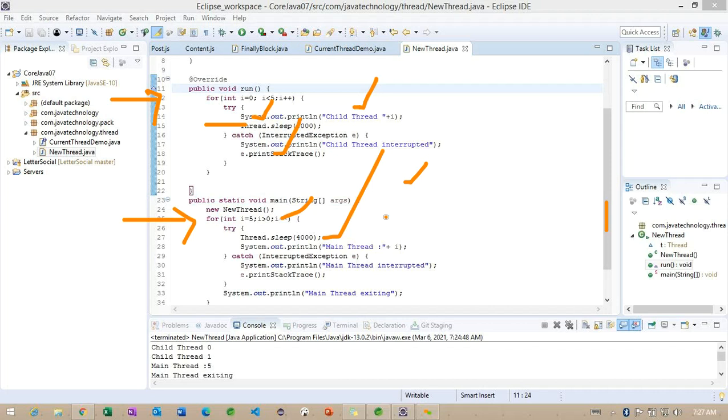The child thread took less time to wake up from sleeping mode. Because of this, the child thread printed 2 times before the main thread came back from sleeping mode. Right after that, the main thread is executed. So this is the way the child thread and main thread run parallelly.